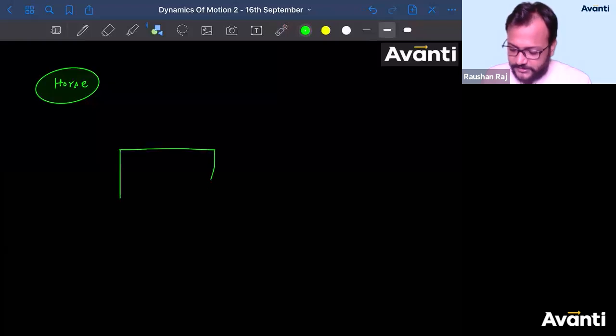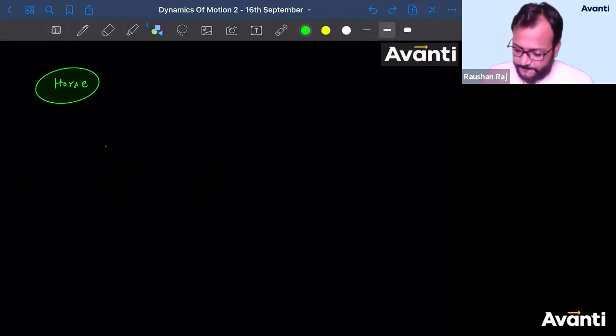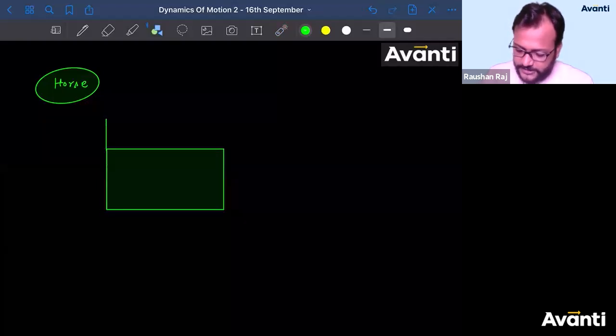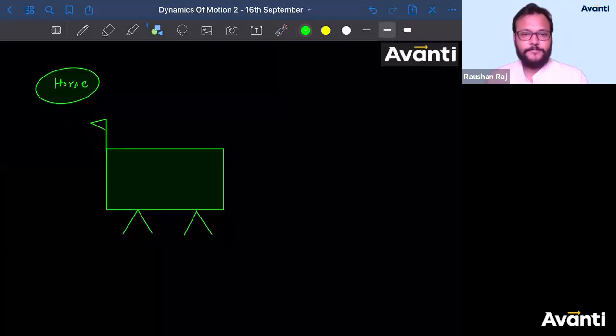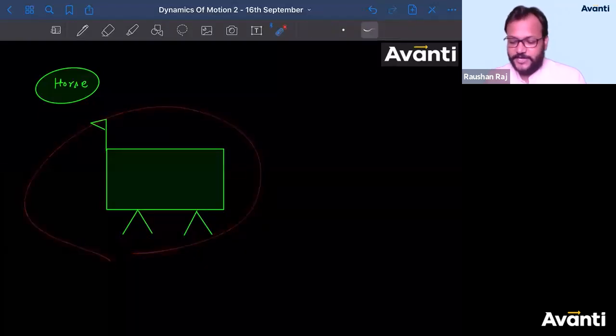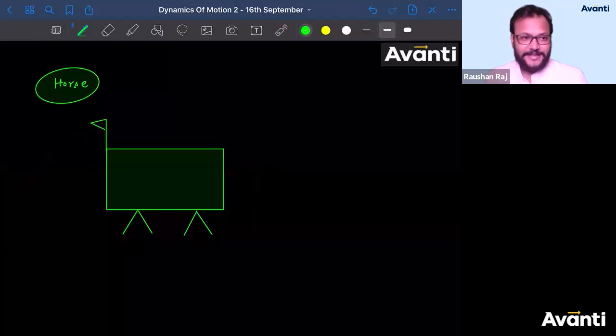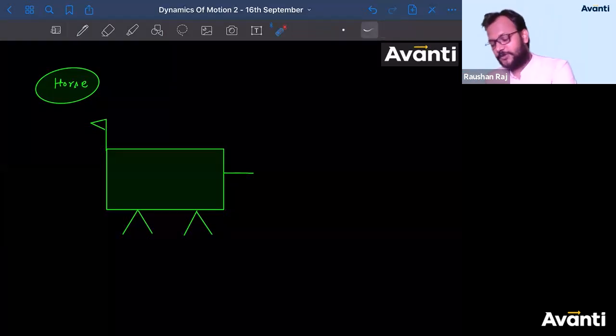So how does the horse look? घोड़ा कैसा दिखा था? कुछ इस तरीके का rectangle. Then ये था part. So this is our horse with 4 legs, obviously. Yes, Keaton, correct. Now this is our horse. इसके साथ पीछे में क्या connected है? पूंछ से नहीं connected है. Like, the rope is not connected to the tail. With some platform, with some arrangement, ropes are connected to it. चलिए, तो बताइए what are the forces that I should actually apply on it?